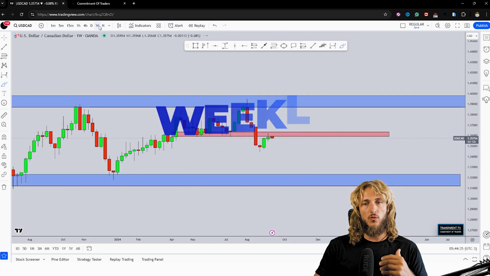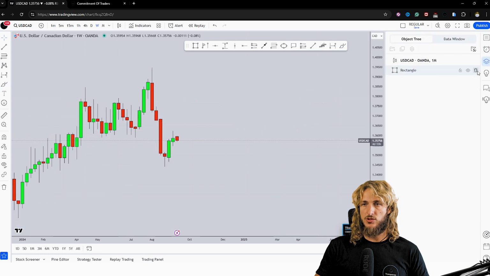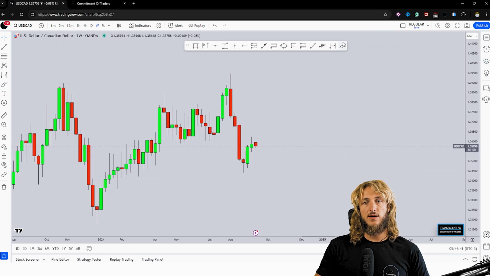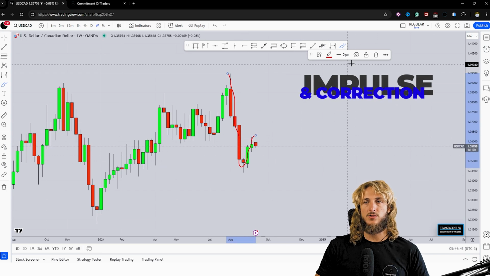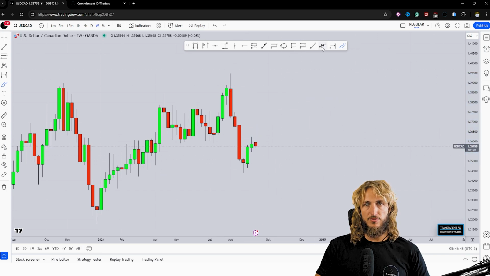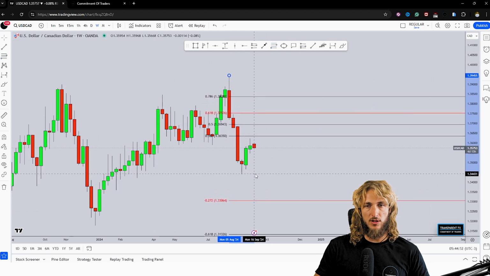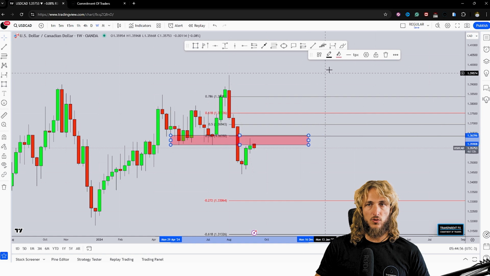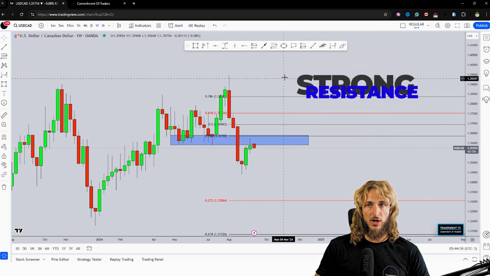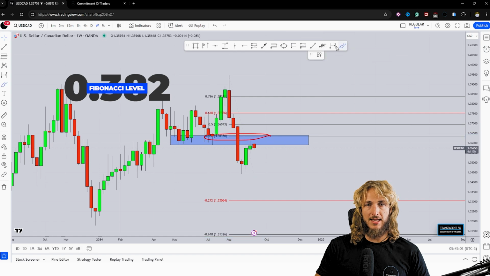Dropping down on the weekly time frame, what do we see? Now, from a weekly standpoint, the situation is quite clear. What we can notice is that from a pattern standpoint, we had a very strong impulse to the downside, followed by this correction. Now, in general, after an impulse, if you want to measure the correction, you have to take your Fibonacci from the high to the low of the impulse leg, and we can see how all this area here is quite strong resistance, because this is the 0.32 Fibonacci taken on the impulse leg,